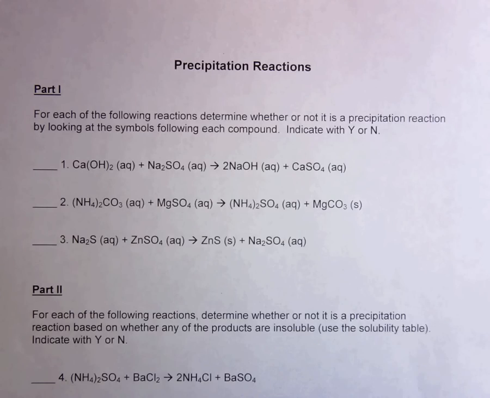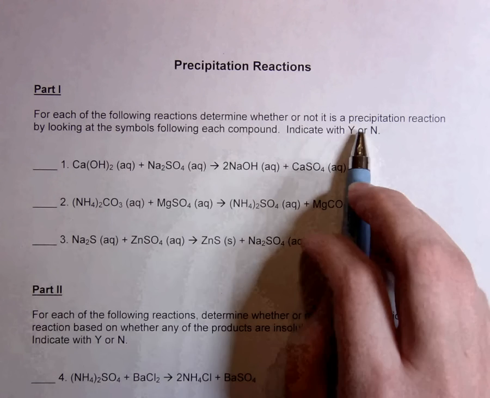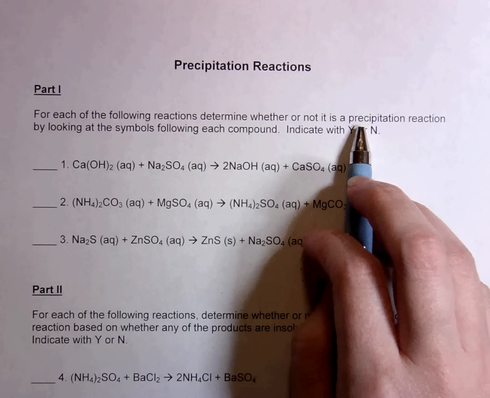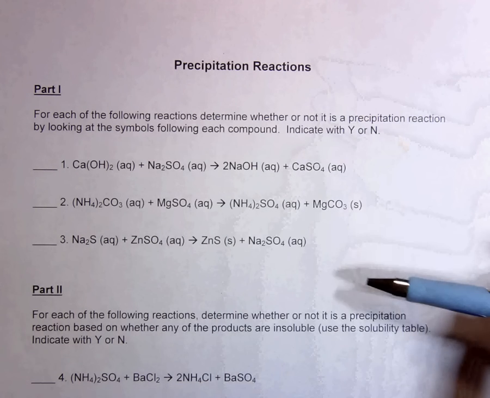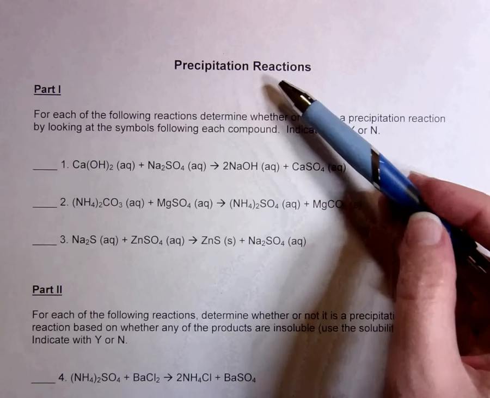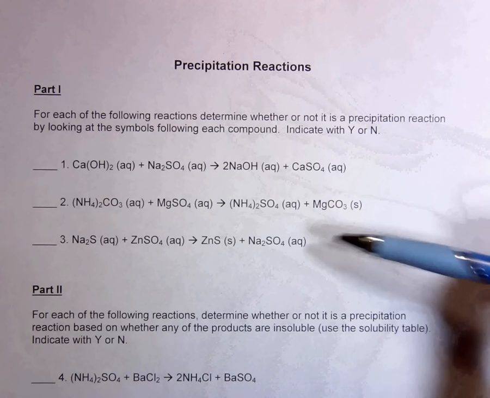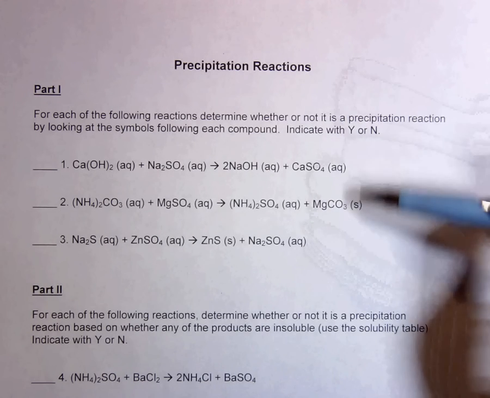Precipitation reactions. A precipitation reaction is a double replacement reaction, and precipitation reactions form a precipitate. Now, when you've heard of precipitation before, you probably heard of rain or snow, something falling down from the sky. Well, in a precipitation reaction, a solid will form in the reaction and it will fall to the bottom of